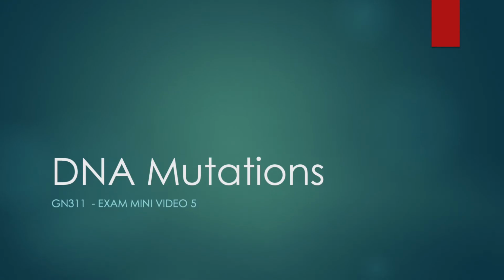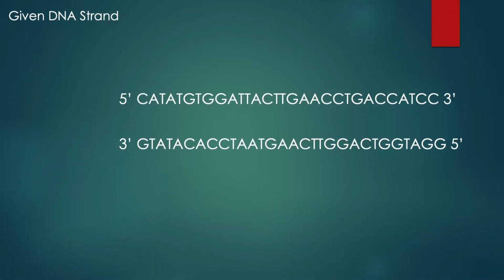Welcome to my video about DNA mutations, specifically point mutations. Here we have our original DNA strand, and we need to find where we can form a 5 amino acid protein after transcription and translation. Searching the two strands, we find this start sequence and this stop sequence, keeping in mind that the T's will